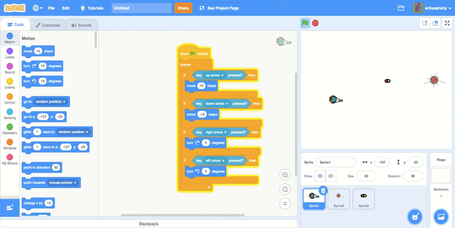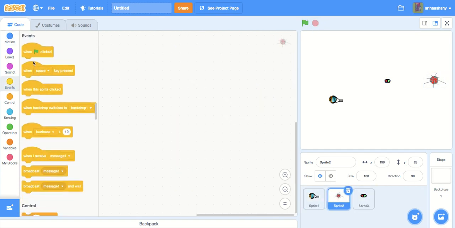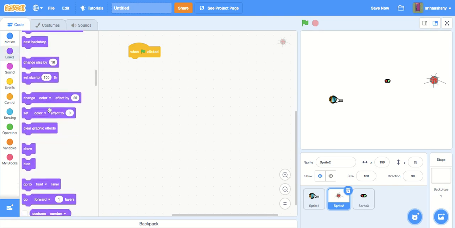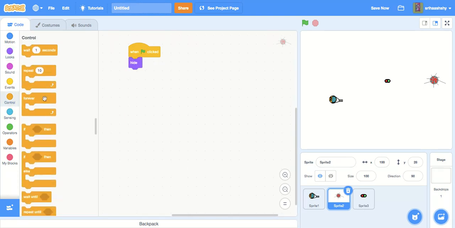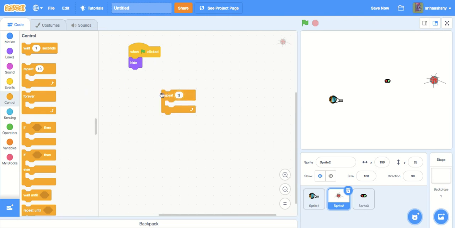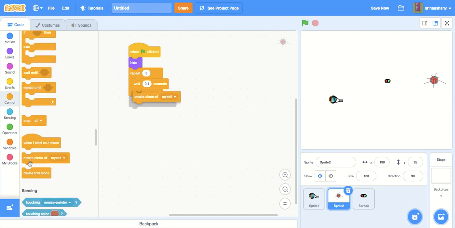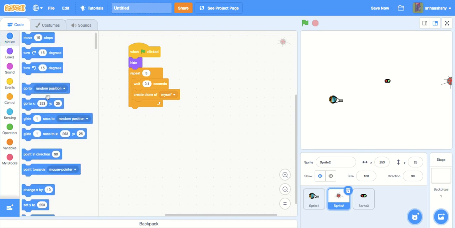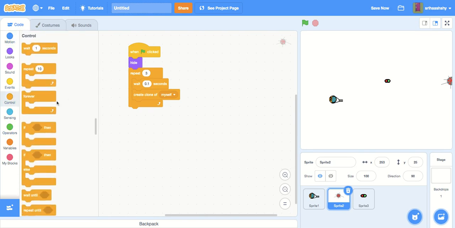Okay, so next step, the virus. So when green flag clicked, hide, repeat 3 times, wait 0.1 seconds, create a clone of myself. And when I start as a clone,